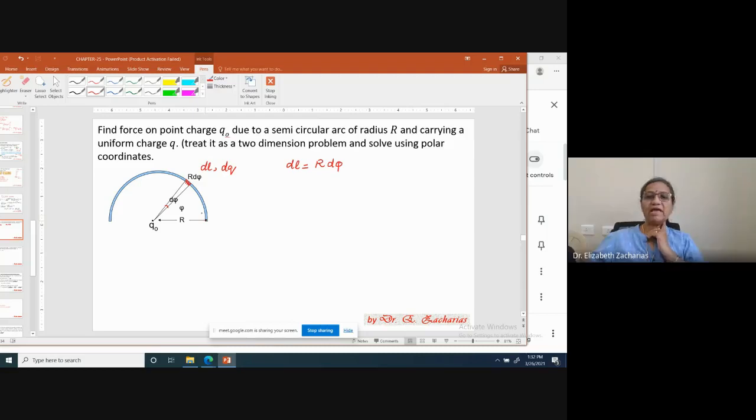Yes, ma'am. Right. And next, what do? It is carrying a charge dq. Now, how do I write dq in terms of charge distribution? dq will be equal to lambda into dl. Okay, and what is lambda? If Q is the charge carried by the semicircle, what will be lambda? Q by pi R. Q by pi R. Very good. Who is this answering? Akshara, ma'am. Akshara. Very good.